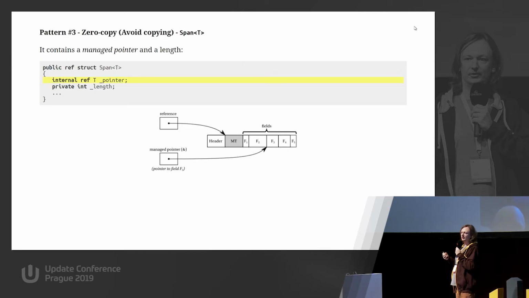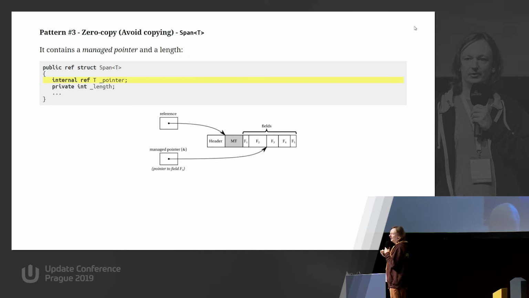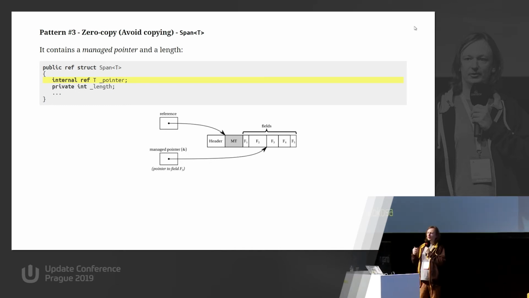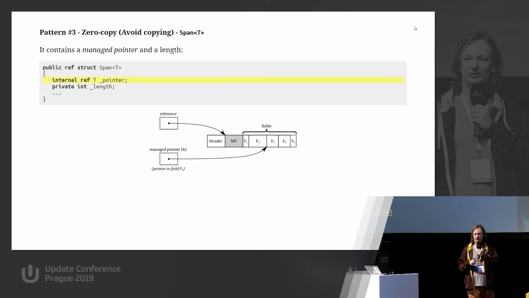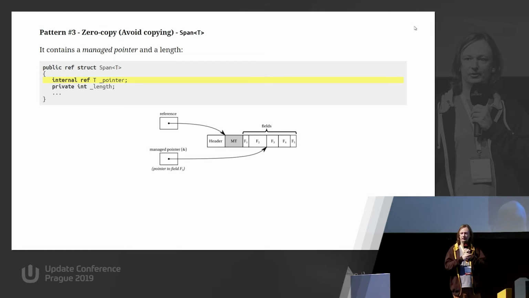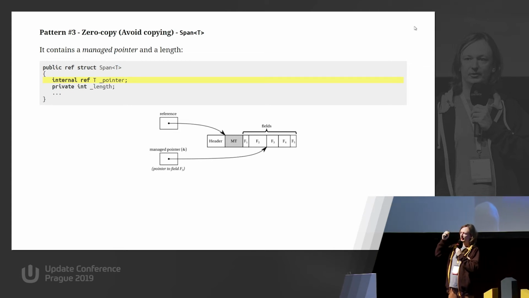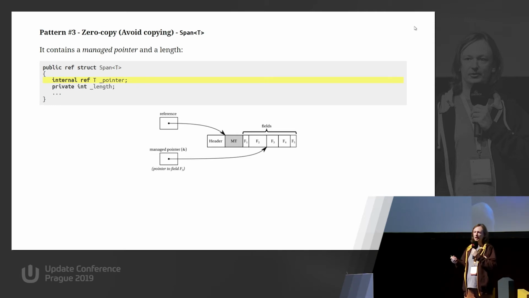And here comes the beloved Span of T, because it is one of the kings of current .NET high performance code. Span is conceptually an easy thing. Implementing it was maybe not so easy, but conceptually it is a very simple kind of data that just points to some memory. We have a pointer showing where we are starting, and also a length saying how big a memory region we are representing. So Span of T just says that we are now representing memory from here to here. A very simple conceptual thing.